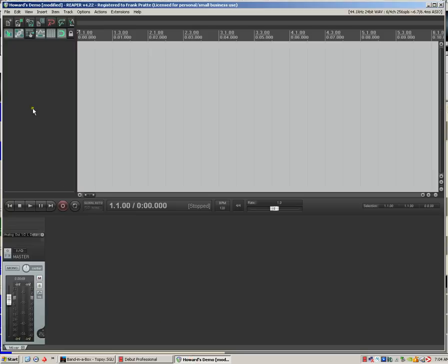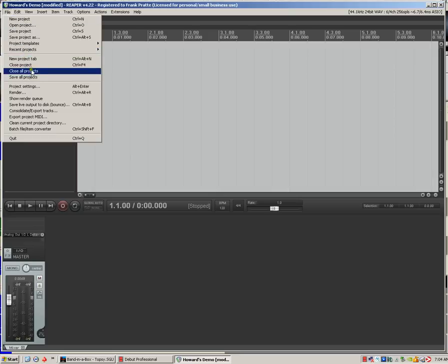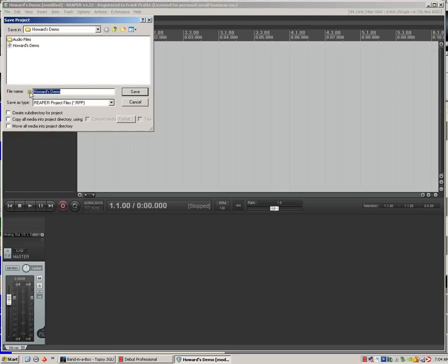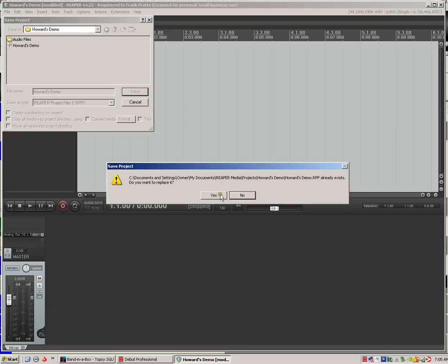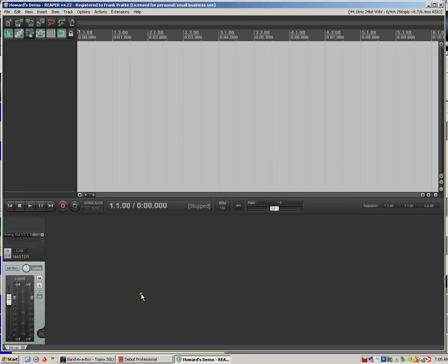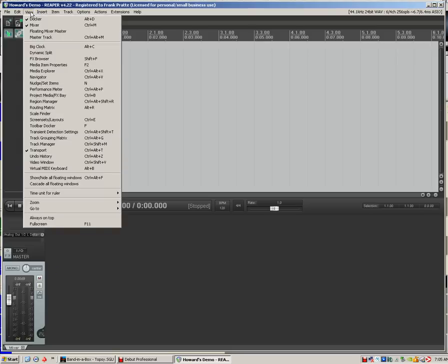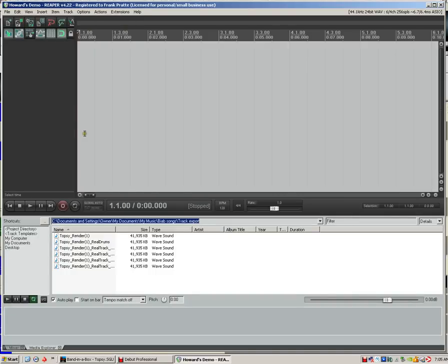I've opened Reaper. This is what a new Reaper file will look like. The first thing you want to do is save project as. I already did that. I'm calling it Howard's demo. Just click save. So that's the start, and now I want to bring in those Band in a Box files. If you go under View, the drop-down window here, you'll see Media Explorer right there. If you select Media Explorer,